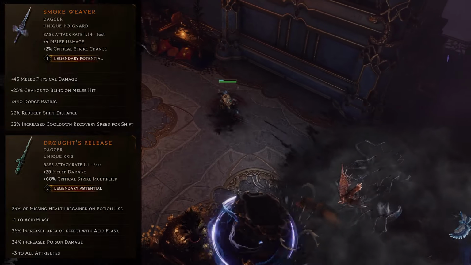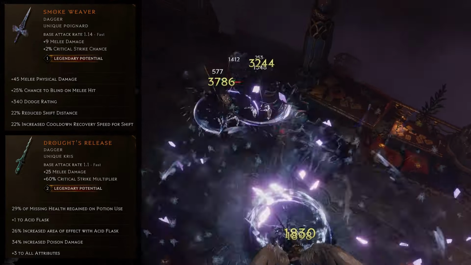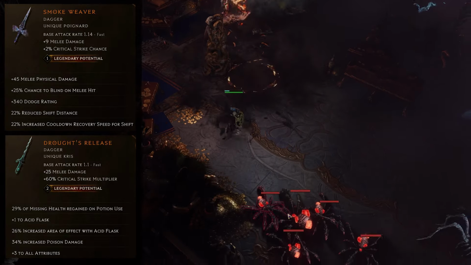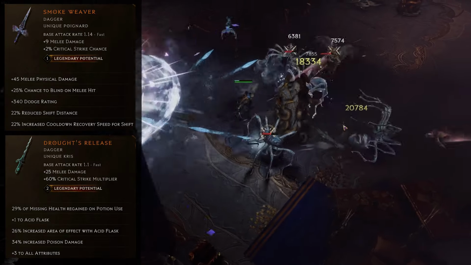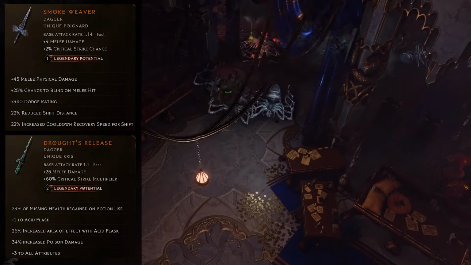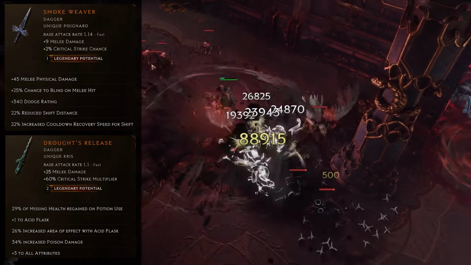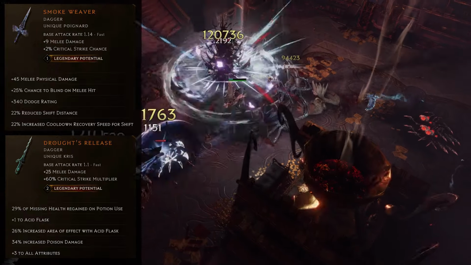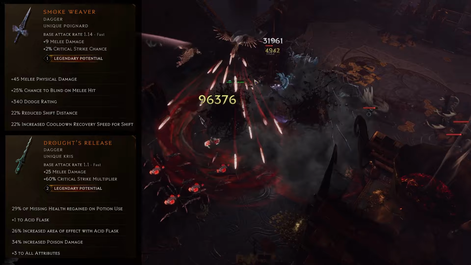So that means you are going to lose quite a lot of damage out of your dagger, but if you feel like you need the defensiveness of a Smoke Weaver, it is going to be a worthwhile trade-off. Now, in a Drought's Release case, it's actually very easy to get high LP on this. The other problem with it is it doesn't really give you much at all. The only useful roll on Drought's Release is the +3 to all attributes, which might actually become so important for a build when we go and talk about rings next, that getting this might be a kind of mandatory upgrade